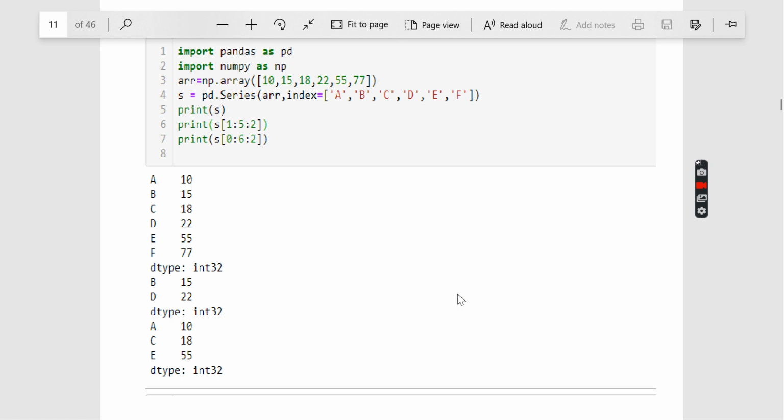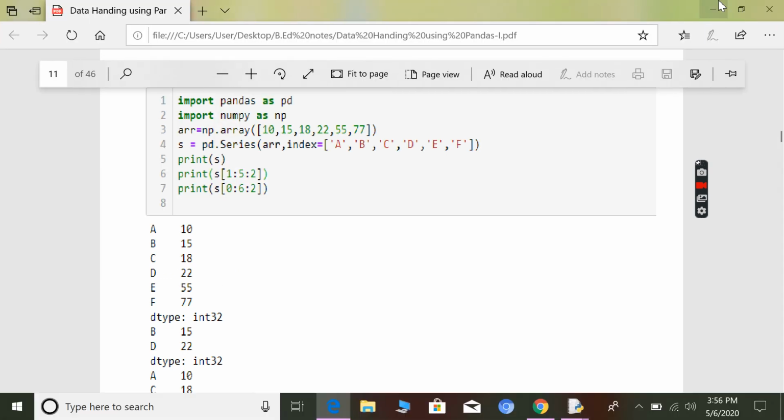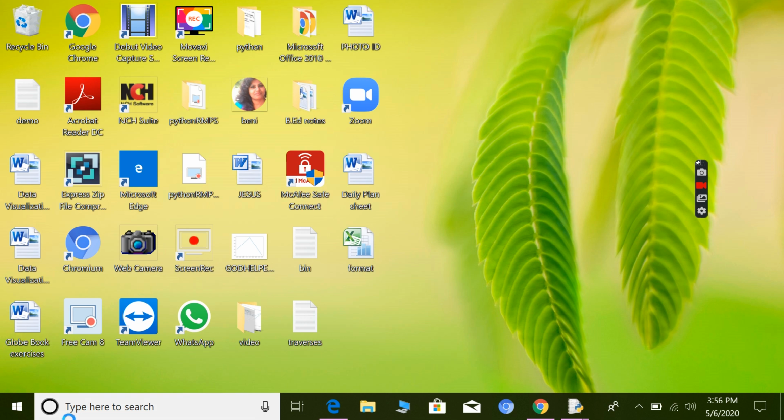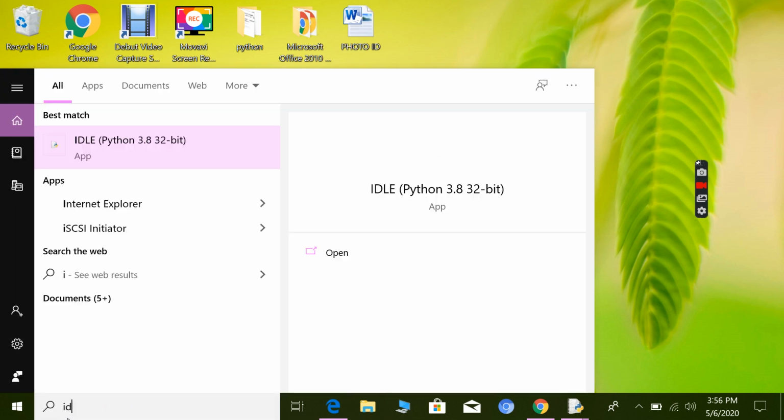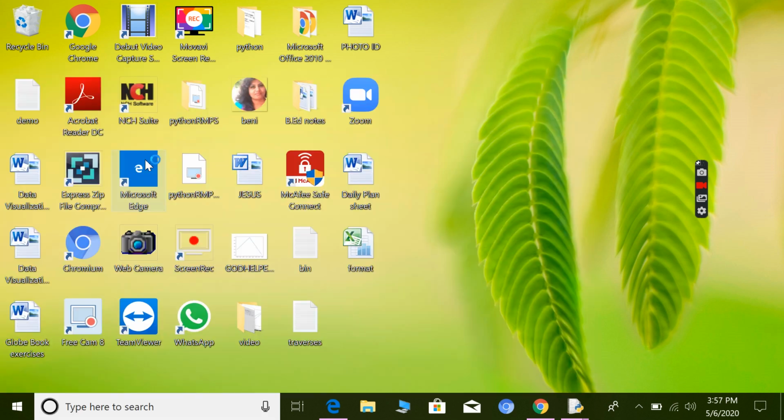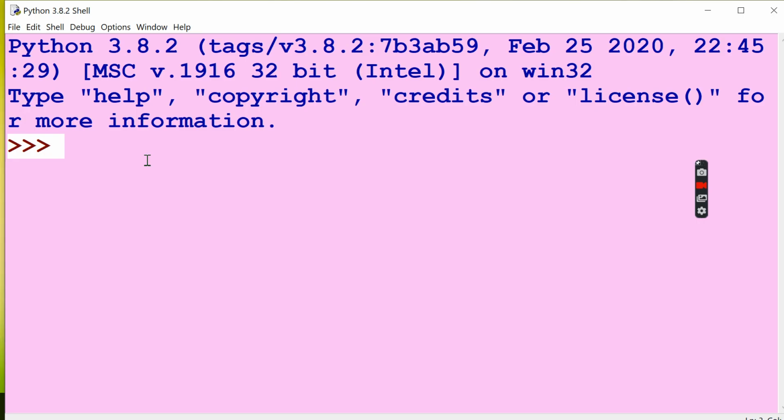Okay, now if you want to see, we are going back to this program. Ideally, I'm just going to say import pandas as pd, and then no need to import numpy.